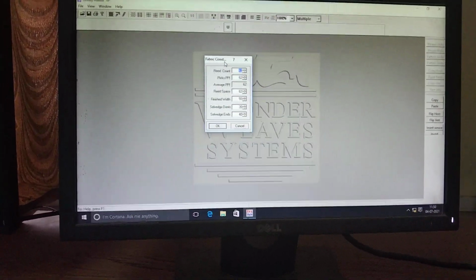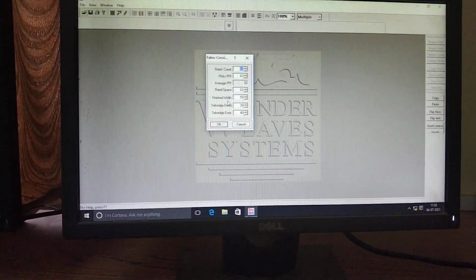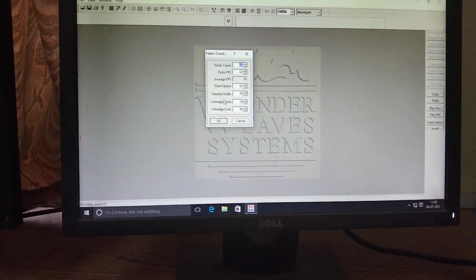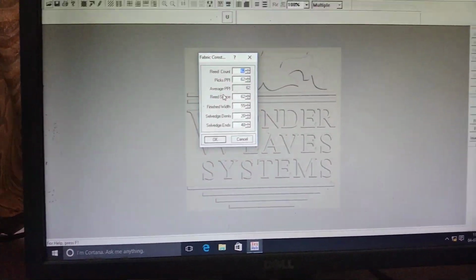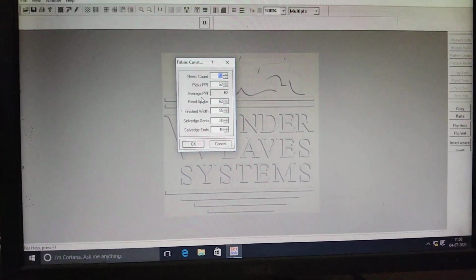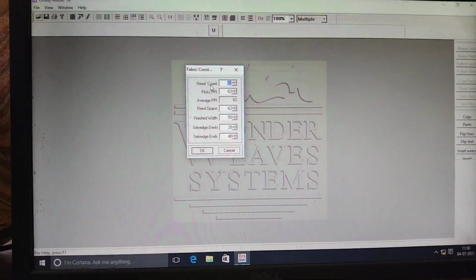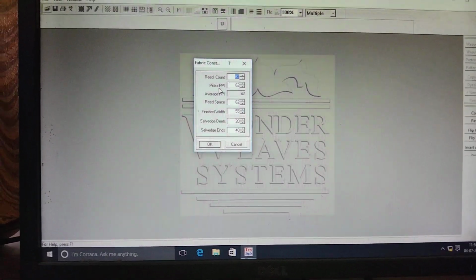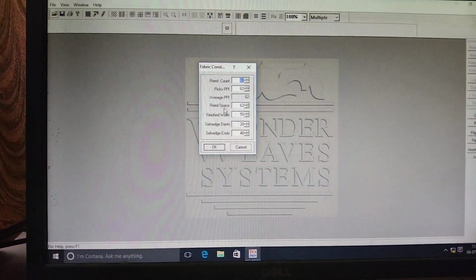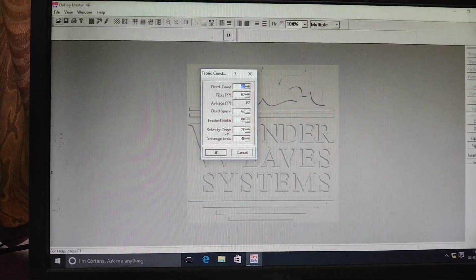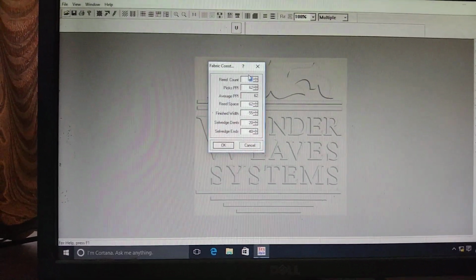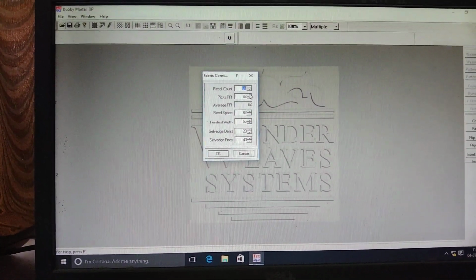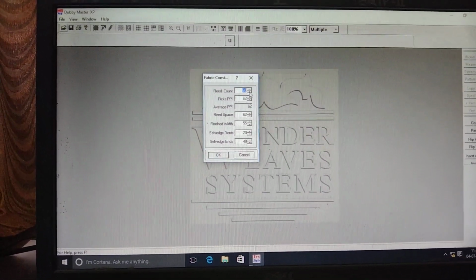In this fabric construction window, all the parameters written here are as we have learned in our fabric analysis: reed count, picks, average picks, reed space, finished width, selvedge ends. We can change the parameters by the toggle switch here.